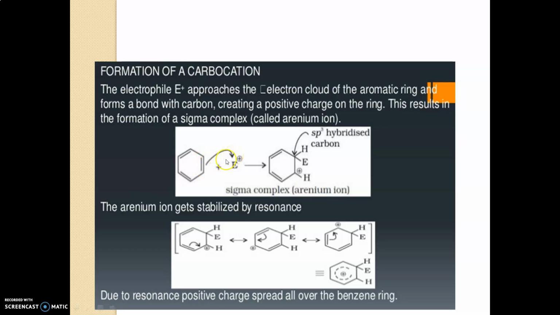So what will happen? Where an unsaturated bond is present, the hybridization is sp2 and it is a pi bond. But the pi bond will shift to a single bond on the attack of the electrophile, and the carbon becomes sp3 hybridized, because one hydrogen and one electrophile are there, and carbons are attached on both sides. So the hybridization of the carbon changes on the attachment of the electrophile.